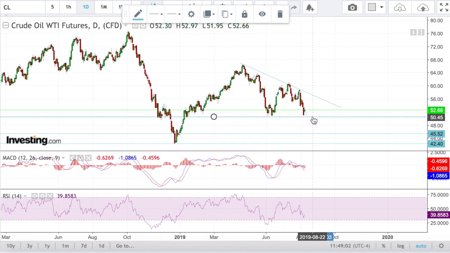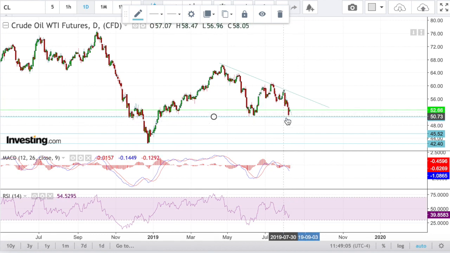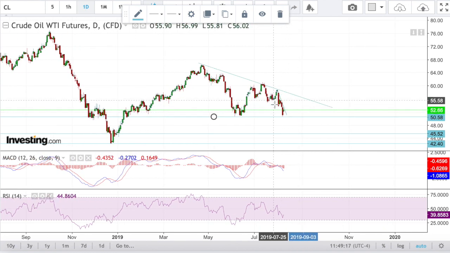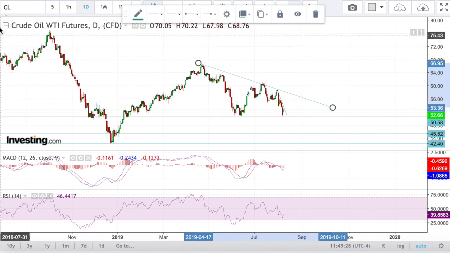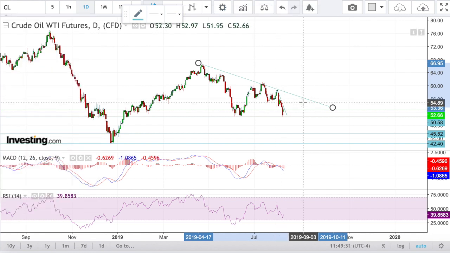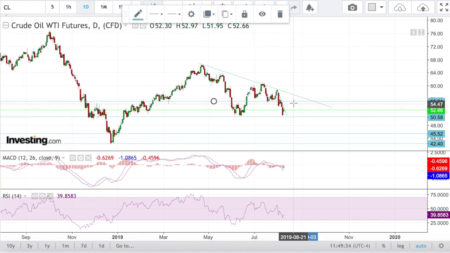Now the levels. If you're trying to short crude oil, if you agree with me and you're shorting, this is how I'm going to do it. I'm going to wait for the counter bounce. I think this downside has ended for the time being, and I think we may bounce all the way to the trend line, or I'm going to give you guys a level here. This is one level that we could bounce to, this 55 level. I think we may bounce here. That's a potential scenario, and then resume the correction to the downside.